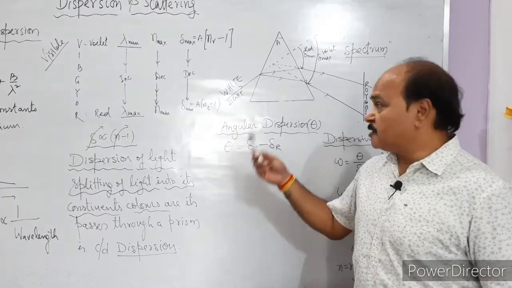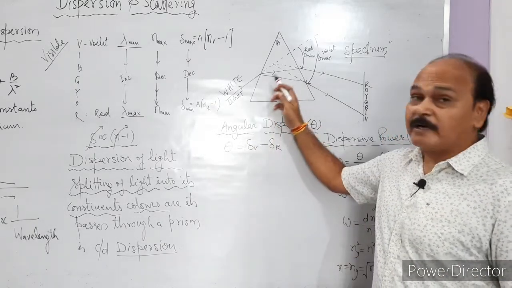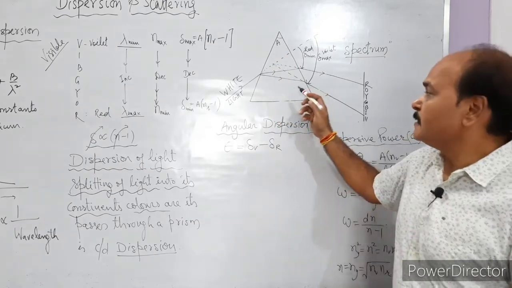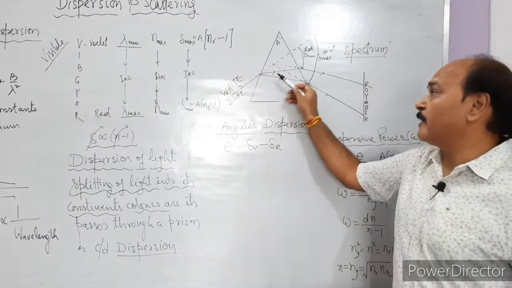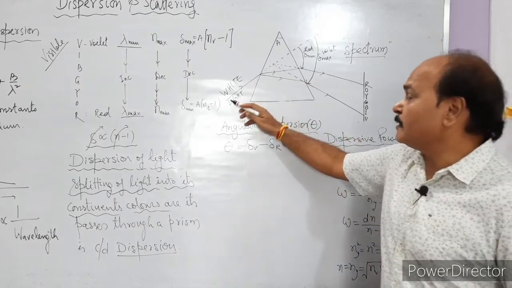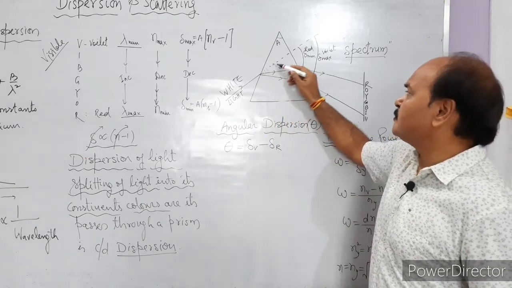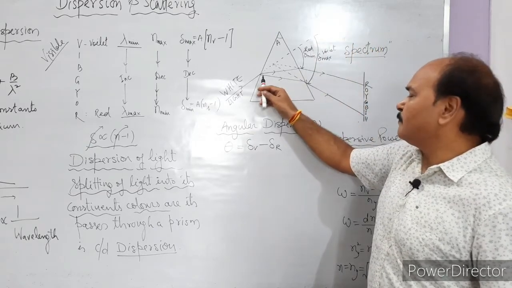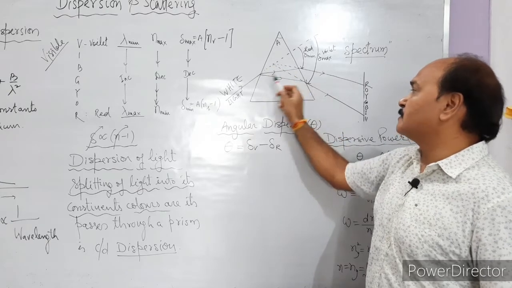Then let us see how dispersion of white light takes place with the help of a prism. This is natural light, white light falling over the prism. And what happens? Since different colors have different deviations, all components of white light come out separately from the other side. This is white light where all 7 colors are there and all of them are coming simultaneously. And this happens to be the direction of the incident ray. As the light falls here, all 7 colors start splitting. They split up into 7 different colors.